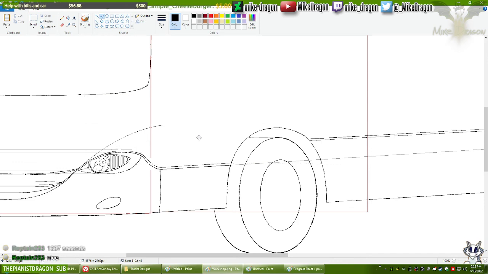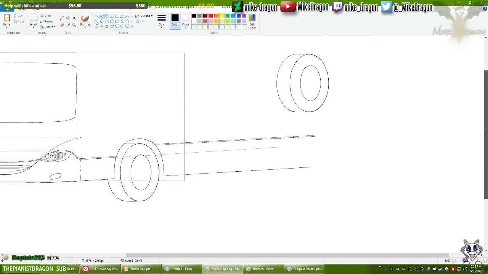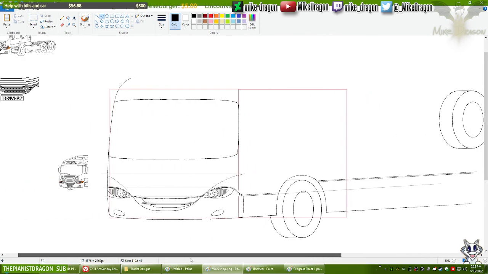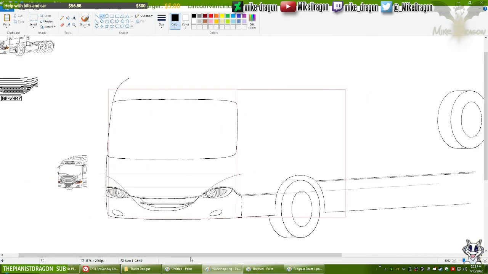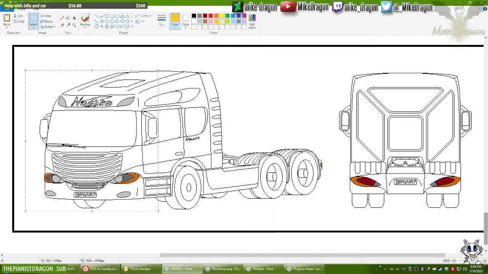Yeah, there's a problem here, guys. I should draw the cabin itself first before worrying about these little details right now, because if I bother with that now, I'm gonna get stuck on that, and that can be a big problem because I don't have enough of the truck done yet to be sure if I am actually doing stuff right or not.